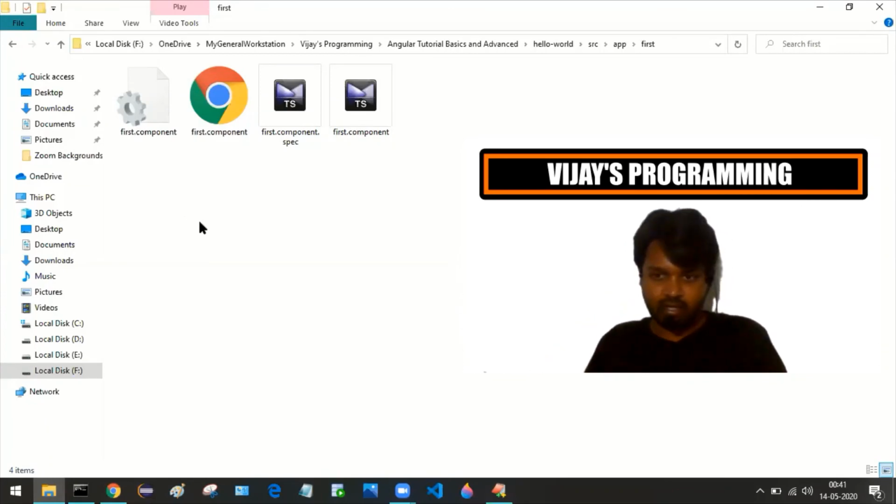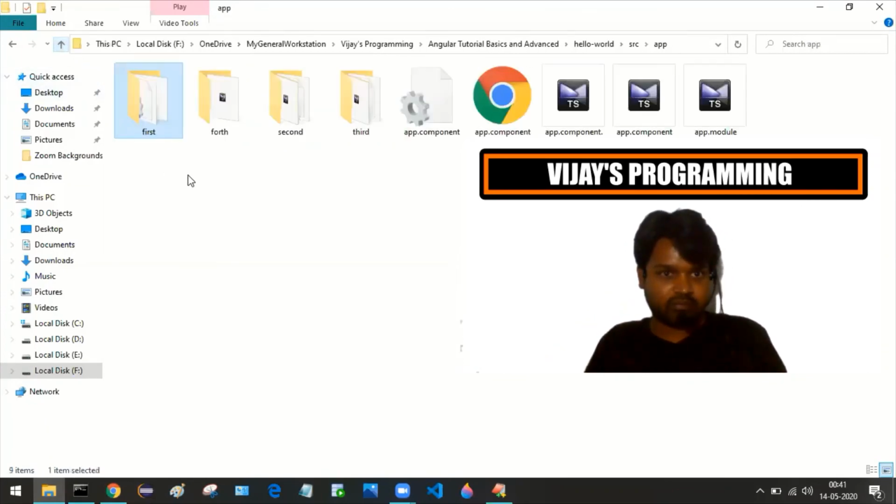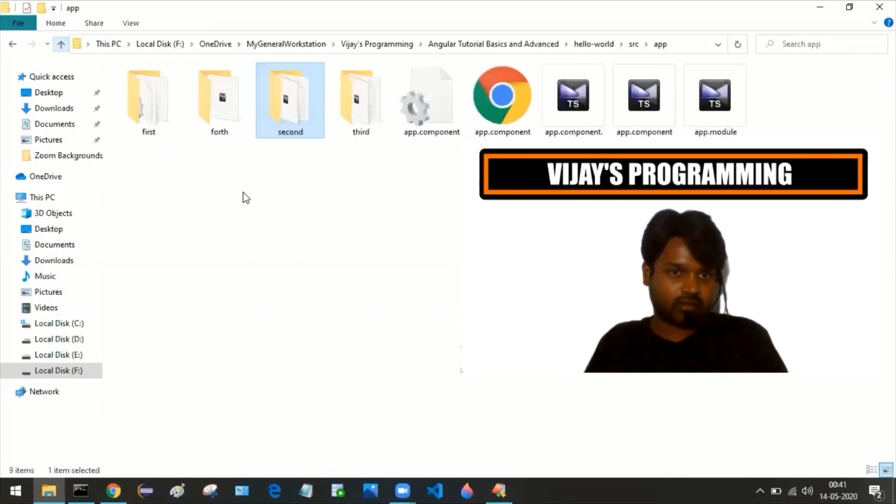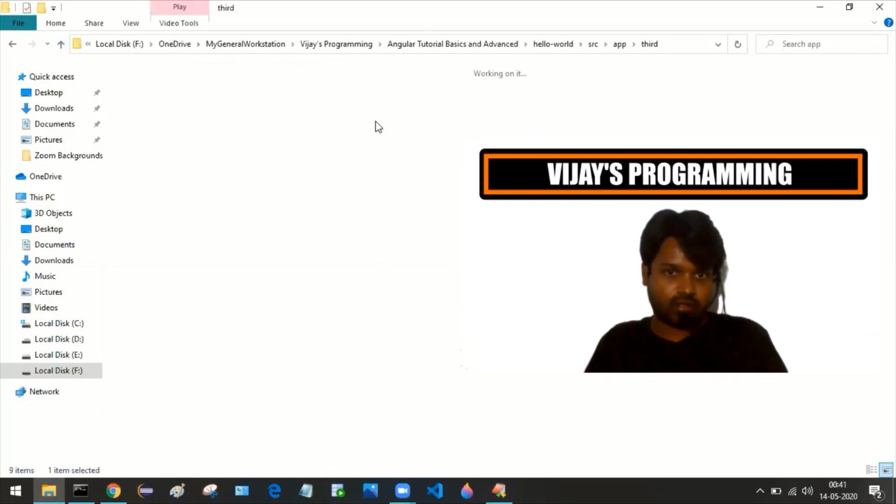And in the second case, we are not having this test file. We have just skipped that test file. And in the third component, we have skipped the template file by using the -it option, right?